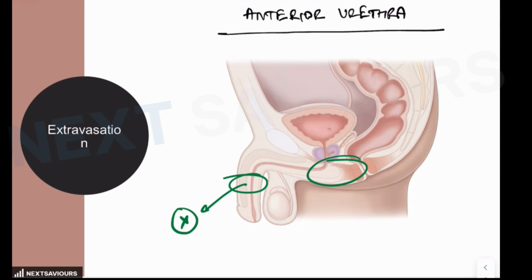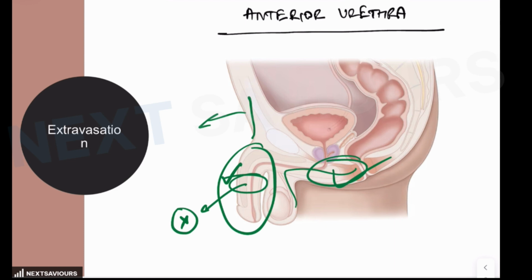But in case there is a bulbar or penile rupture, then because of breached Buck's fascia, it allows urine to extravasate into the surrounding soft tissues of the penis. But in case of a breached Colles fascia, it leads to the urine collection in the superficial perineal spaces, all the way from the scrotum up to the anterior abdominal wall. This is something that we have already talked about. And the clinical clues which are provided to you in the question are swelling and tenderness in the perineum, scrotum, or along the penile shaft.